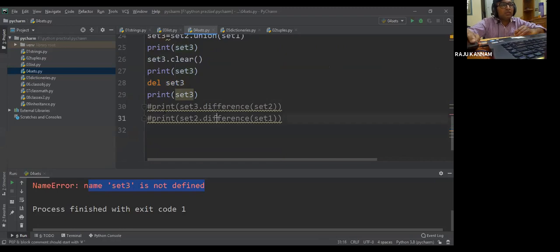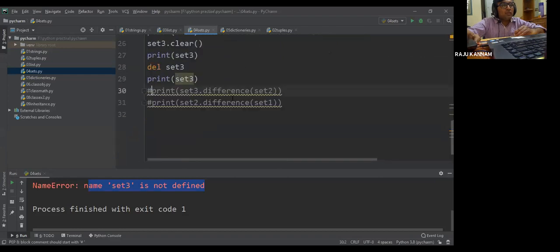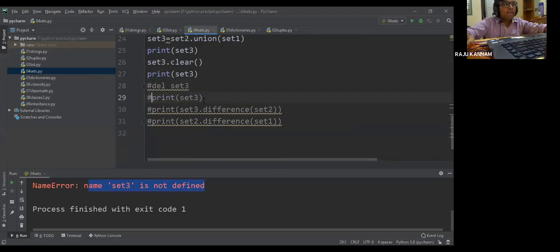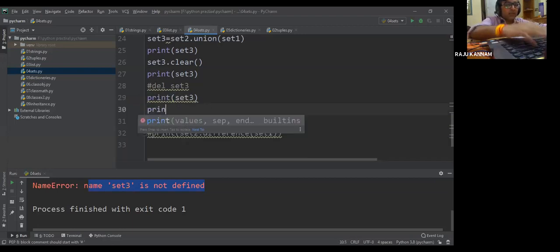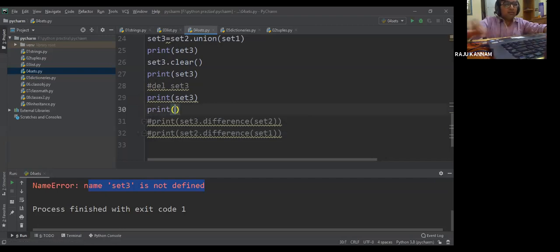So now, for simple understanding, I'll print set 3 as well as set 2.